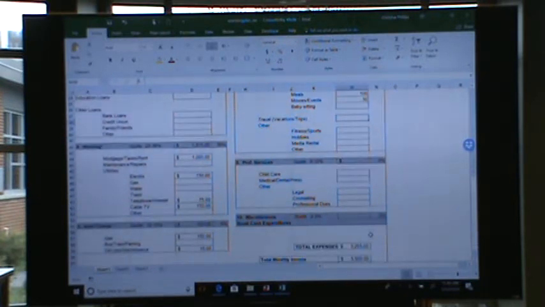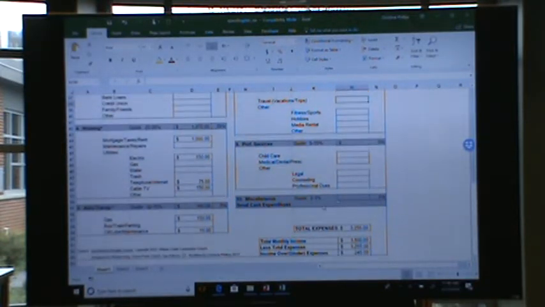Professional services, so if you have things for childcare, they have an item. Up there that was actually your insurance payment. Medical, dental, here would be more if what you're paying out of pocket, if you need to pay things out of pocket. And then here's our miscellaneous category. It's a little bit hidden at the bottom. And they say a guide of 2 to 3%.